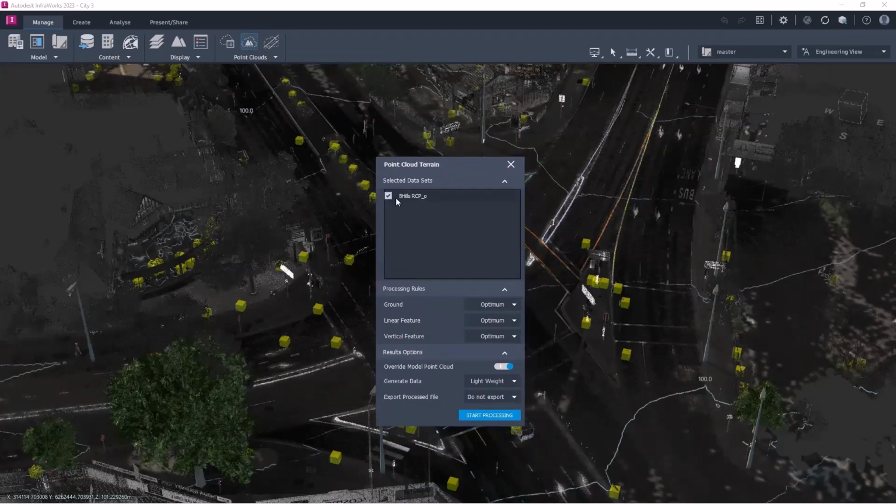It's automatically going to go through and it's found just one point cloud to work with. If you do have multiple within the drawing, you are able to work with that. And then we've got what we're actually wanting to do with it. So it's going to go through and process the surface. It's going to process our linear features. So it's going to find as much information as it can for that, vertical features,